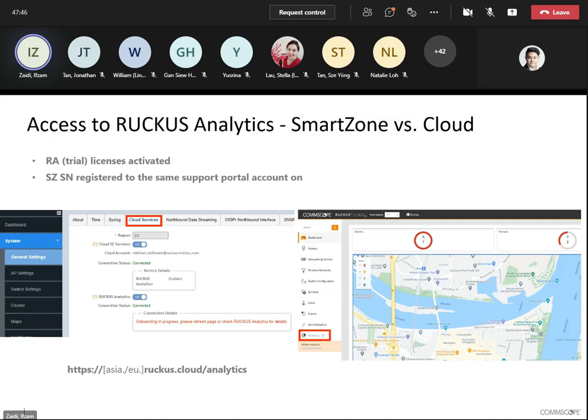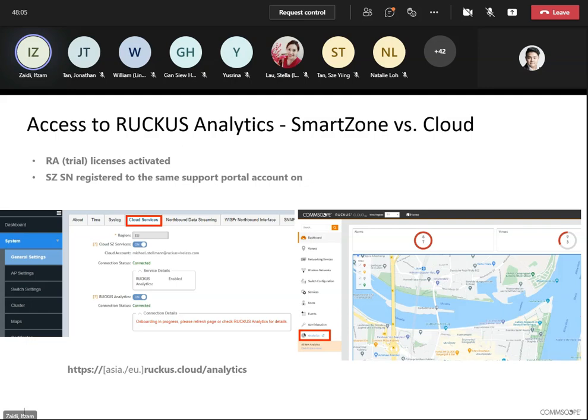You can see that on our left side. This is the SmartZone itself. If you go to the general settings into the cloud services, it will show you some subscriptions for Ruckus Analytics.